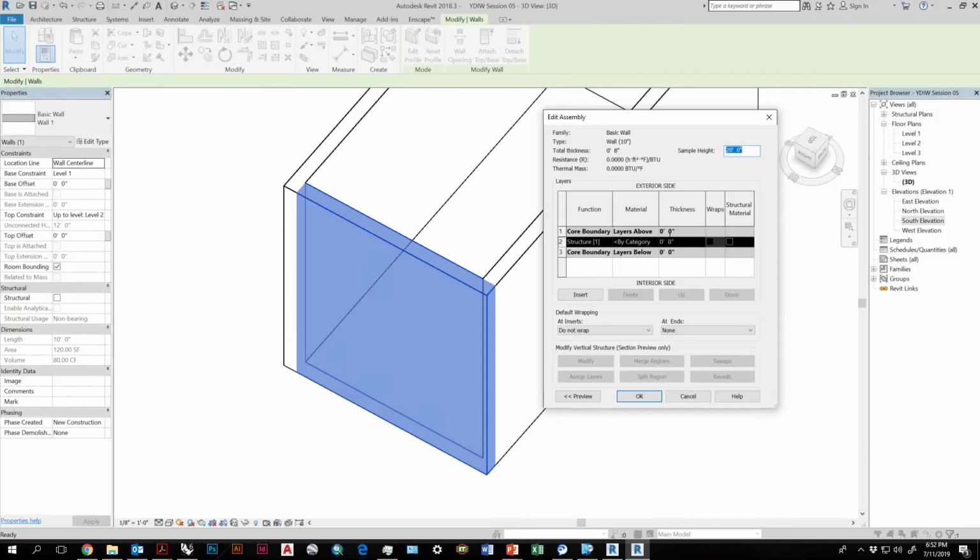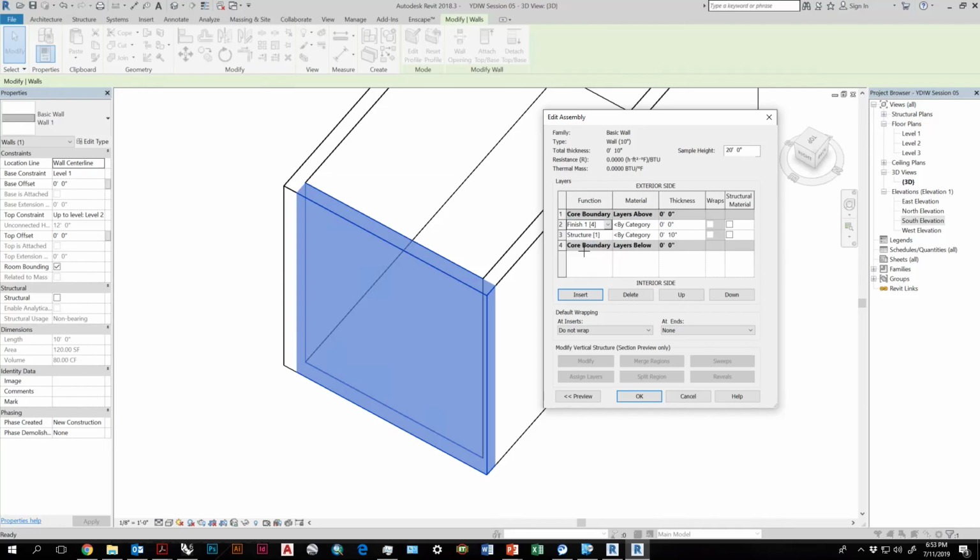If I go into Structure, I can change that 8 inches to 10. I can also add additional wall elements to the wall. You'll see here core boundary. The core boundary is the center of your wall. If I wanted to insert a brick type, I can do that, or a finish.